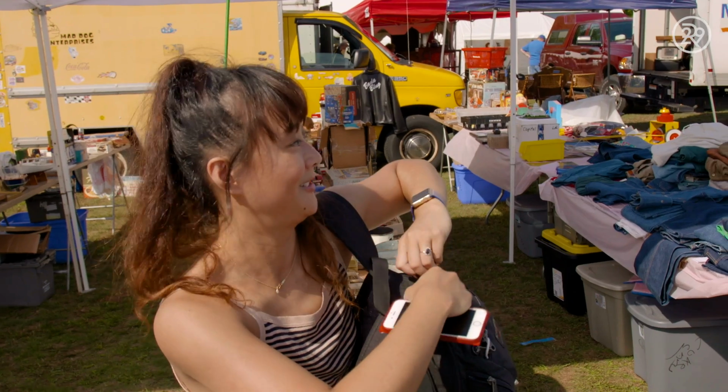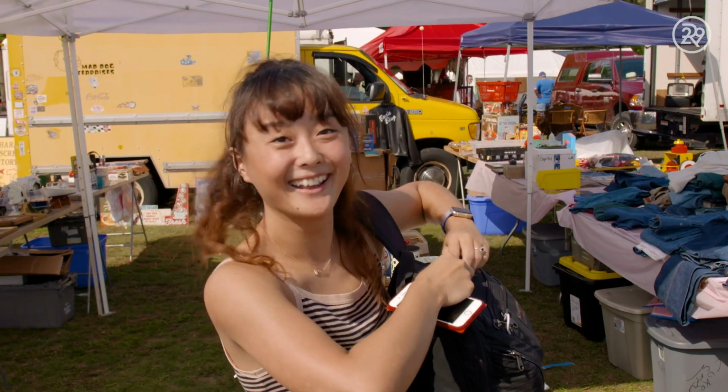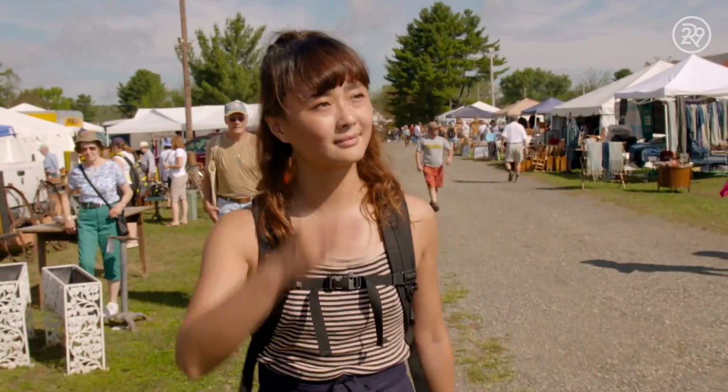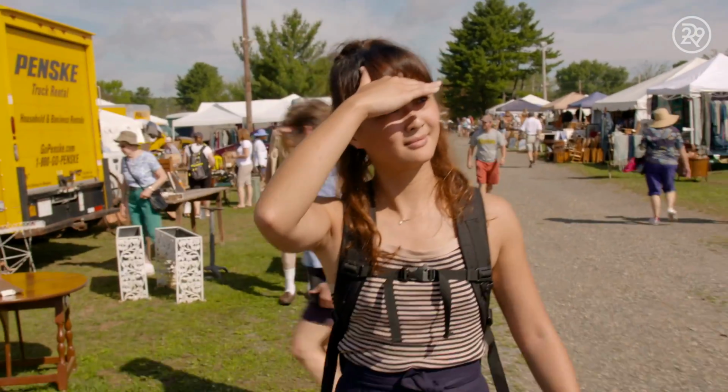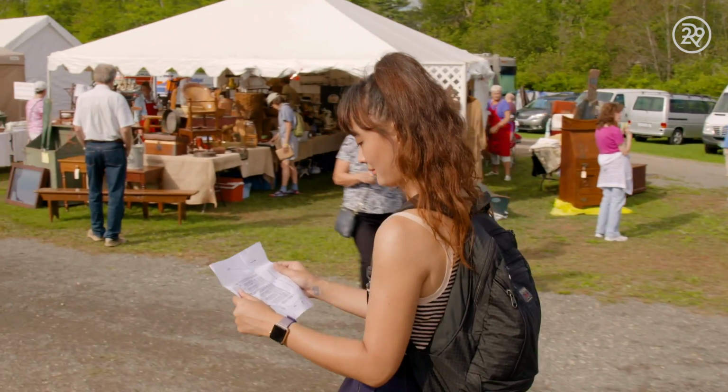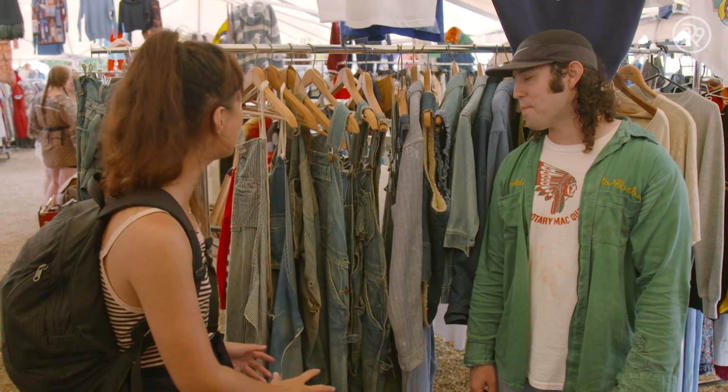Post-purchase glow. Nothing feels better than that. This pair of overalls are great, but not quite old enough for my taste. I'm still on the hunt for something pre-1970s with a little bit more wear and tear. I think you have the jeans that I've been looking for. Really? Well, maybe you have the jeans that...